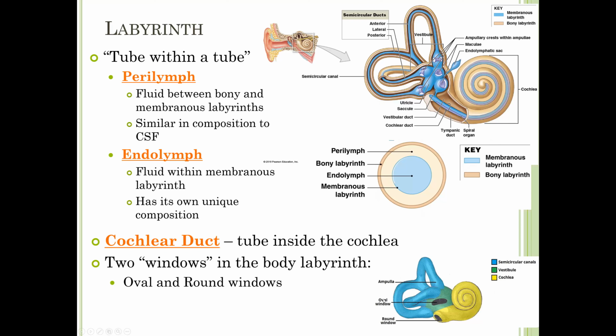And the oval window, remember, is where the stapes is actually going to connect. So a lot of times when you look at pictures, you can't see it because the stapes is in the way. But in this little image here, they have removed the stapes so you can see the two windows. And these two windows work together to create pressure waves in the fluid of the perilymph that goes inside the cochlea. And we'll see how that helps us with our sense of hearing a little bit later.